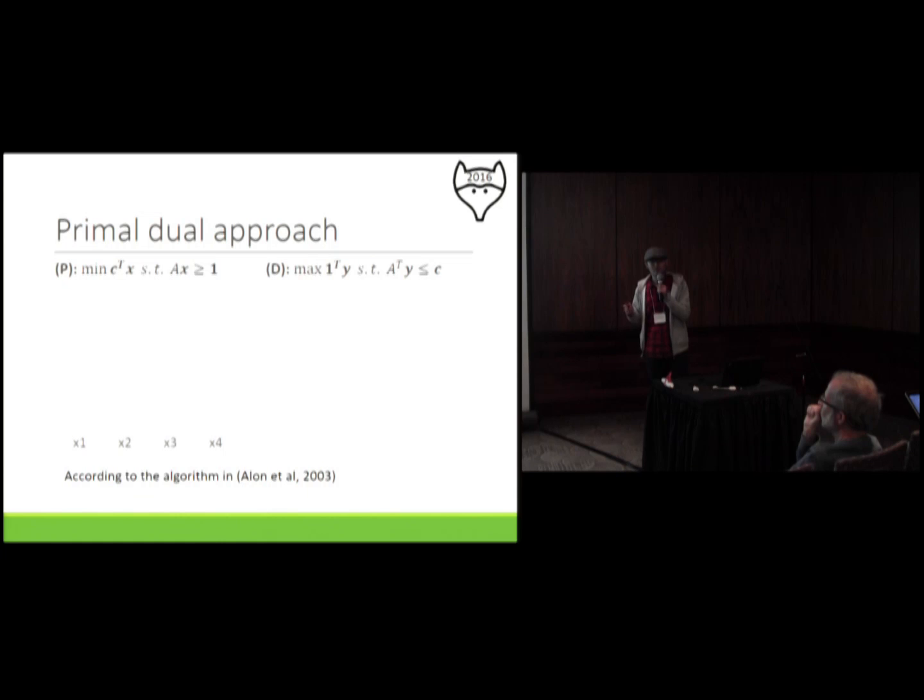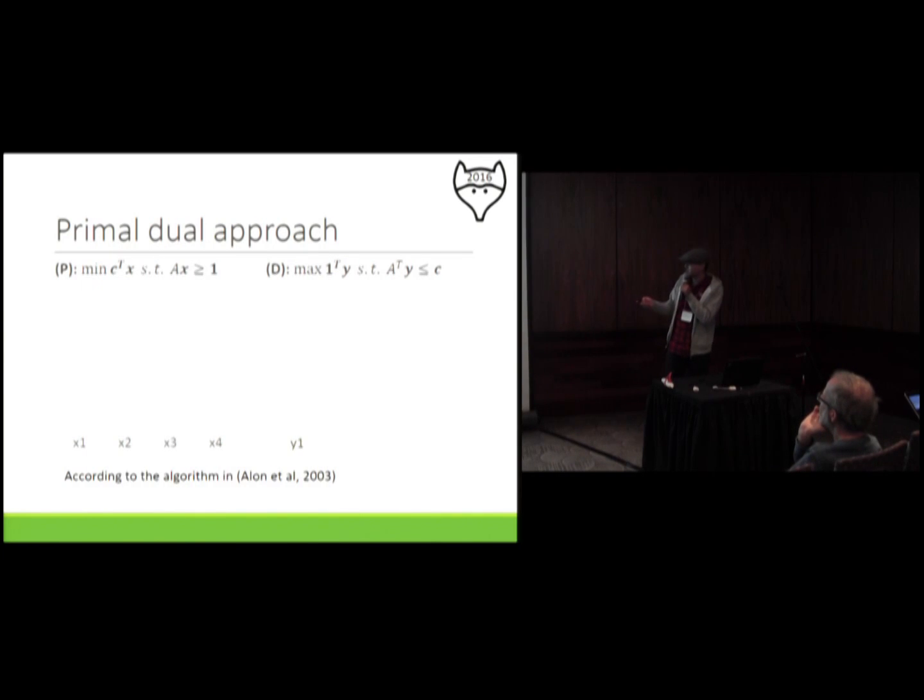The technique we use in this paper is called the primal dual approach. We use the algorithm that is covered by Allen et al. in 2003, which is for the linear cost function for online cover. In this problem, a new constraint comes in each round together with a new variable in the dual.